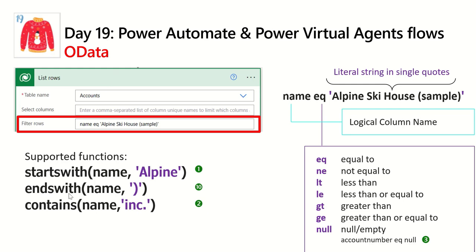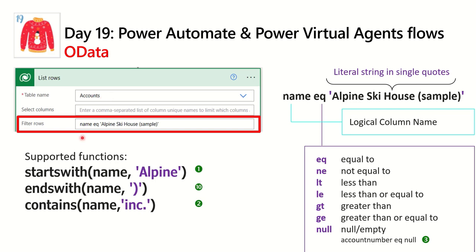Looking at this screen, you'll see that I'm focused on the list rows action, which is where you'll most likely do your filters. But you can use this OData principle anywhere that you're filtering. If I'm in the list rows action and I'm in accounts, I don't want to get back all 20,000 accounts. That's just not going to be a good thing. I want to focus on the ones that apply. In this case, I'm just going to get one back because only one has this exact name,